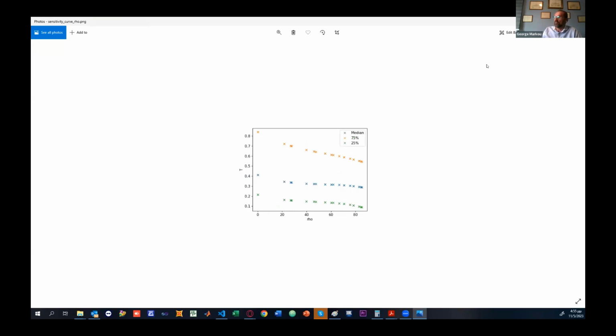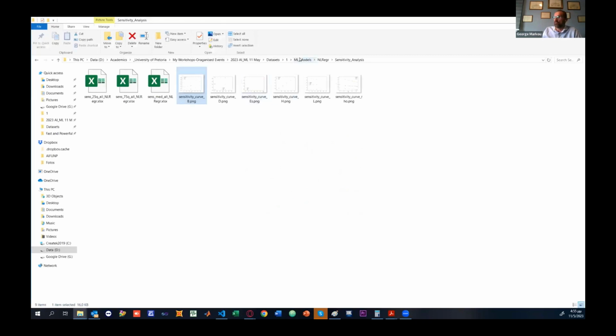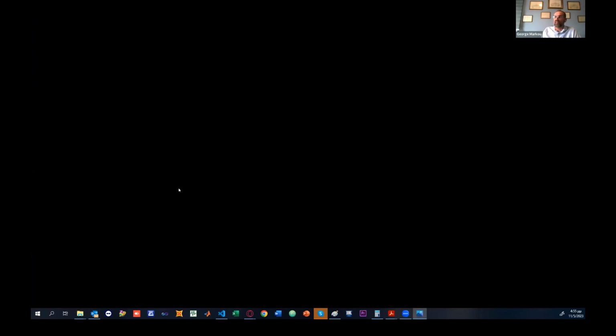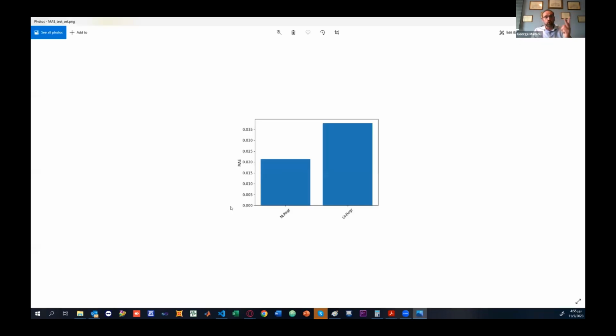And this is the rho and the effect of the shear walls on the corresponding mechanical response, let's say, and the calculation of the fundamental period. Now, if I come in the ML models folder, I will be able to see the mean average error of the two machine learning algorithms that I used thus far, the nonlinear regression and the linear